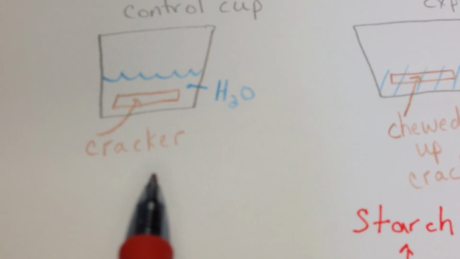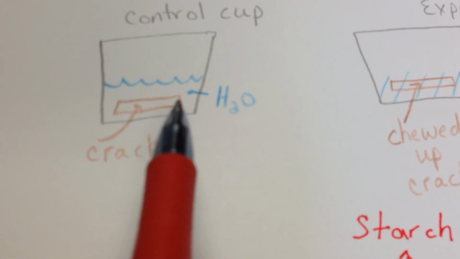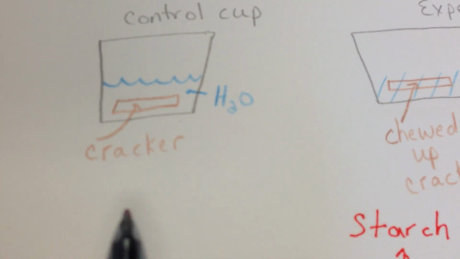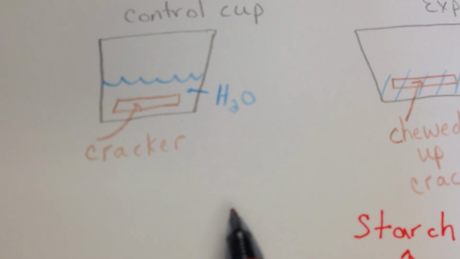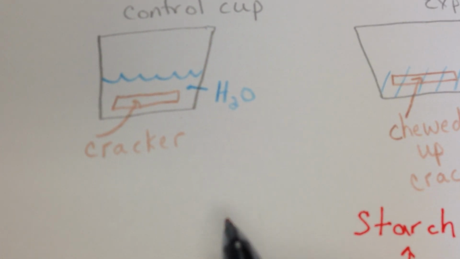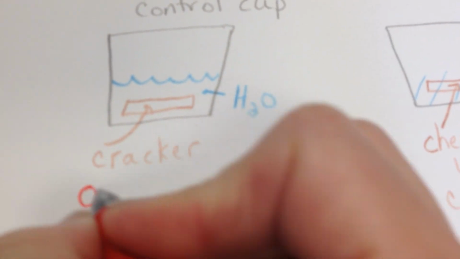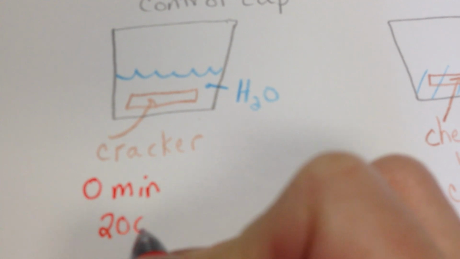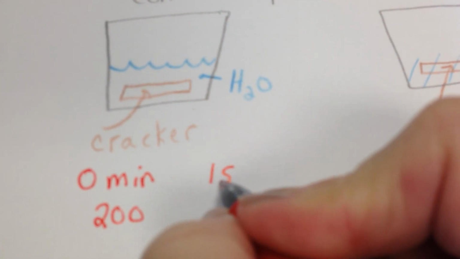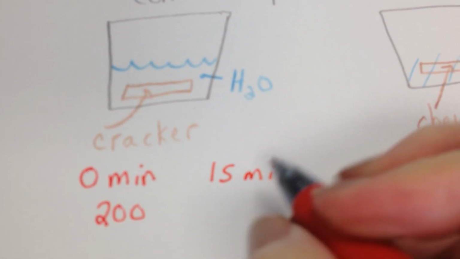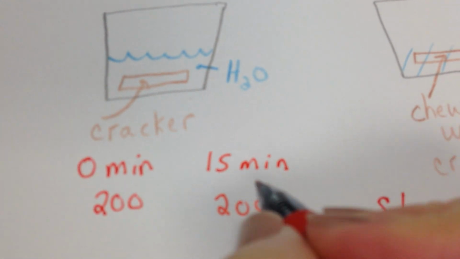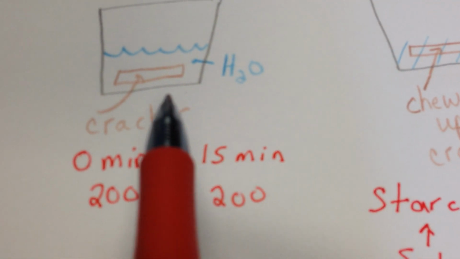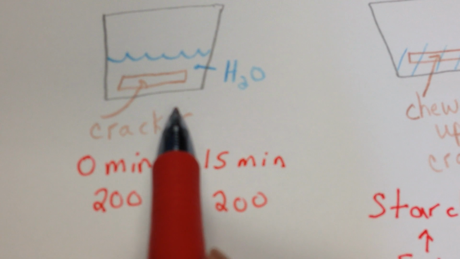So when you took a glucose reading using your strips at time 0, and then you took it again after 15 minutes, the number should have stayed the same. So for example, at 0 minutes, if the number you recorded was 200, then when you checked it after 15 minutes, again the number should have been 200. We should not have a change in this number because no reaction should take place, and again, that's because we